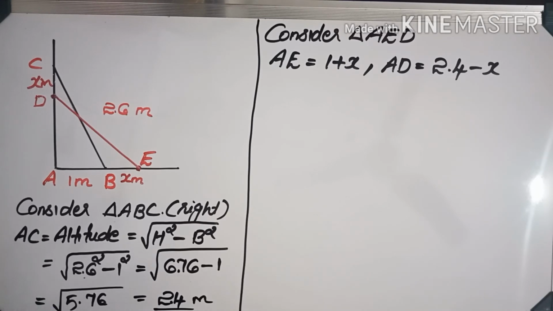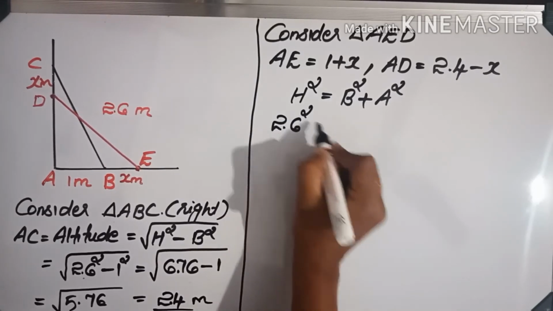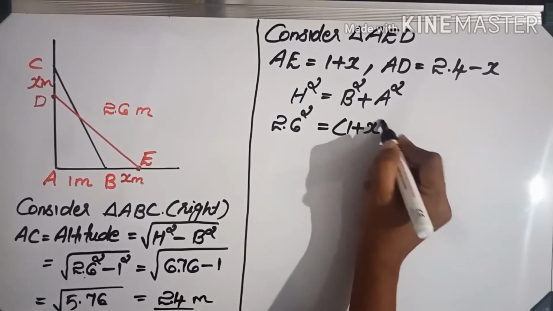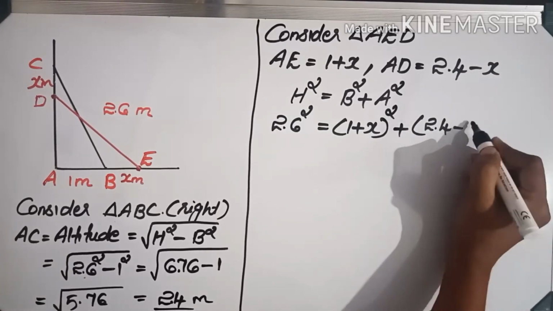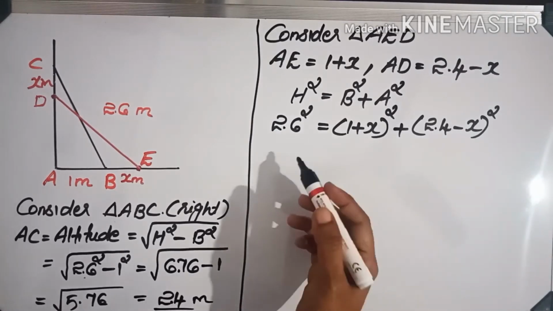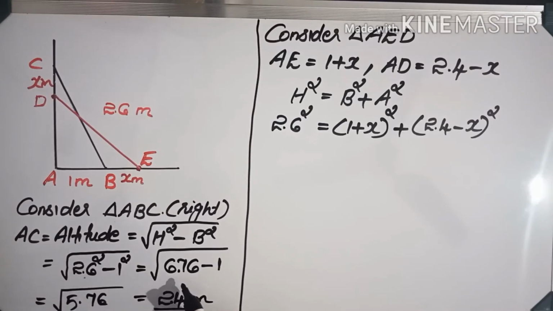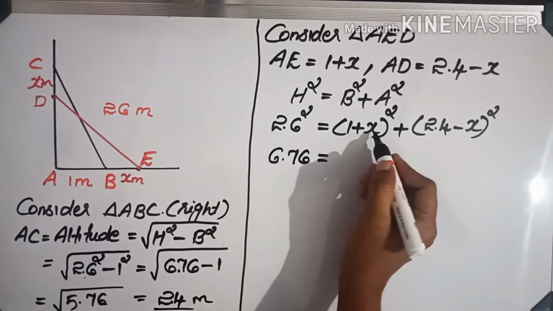Now let's apply the Pythagoras theorem. Hypotenuse square equal to base square plus altitude square. Here the hypotenuse is 2.6, so 2.6 square equal to base, which is 1 plus x, whole square, plus altitude 2.4 minus x, whole square. Now we have to simplify this. 2.6 whole square is 6.76. So 6.76 equal to (1 plus x) whole square